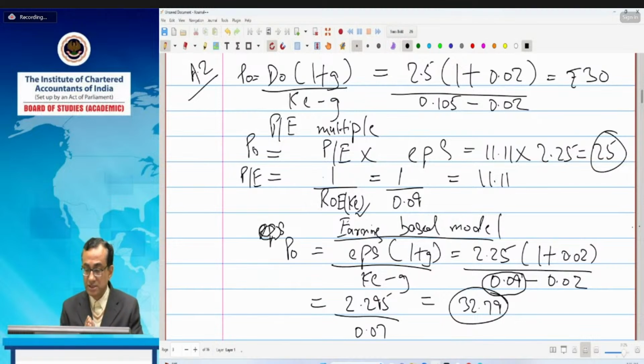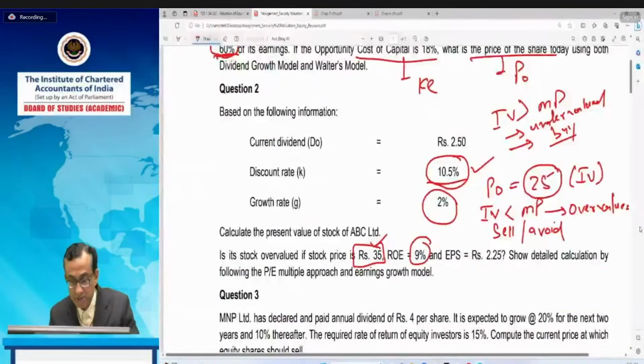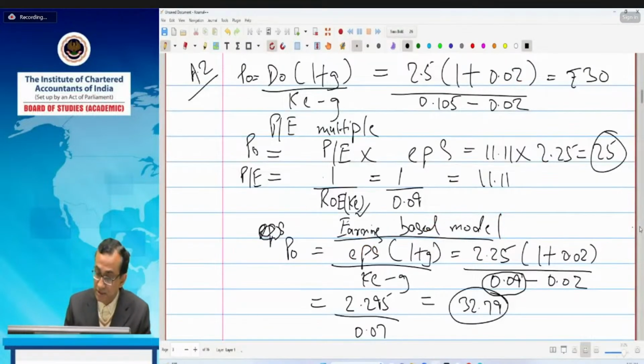Now, at this 32.79 intrinsic value, should the investor invest? What is the current market price? The current market price is more than the intrinsic value. So in this case, the intrinsic value again is less than the market price. What is the intrinsic value? Intrinsic value is 32 point,